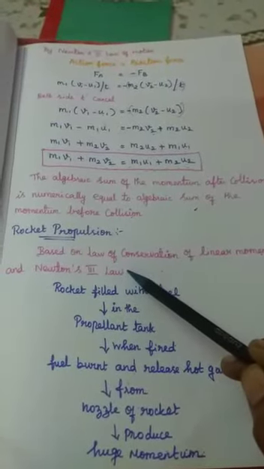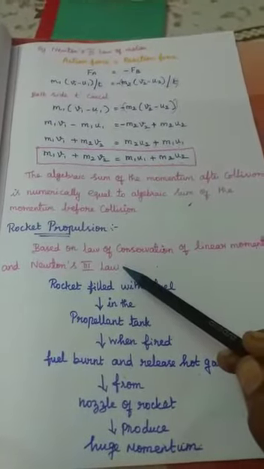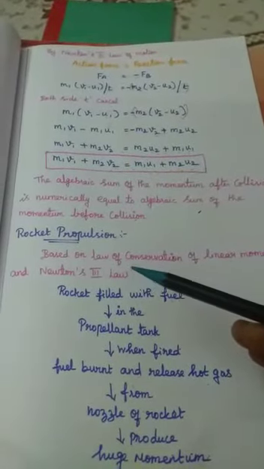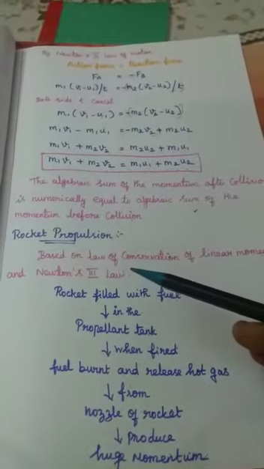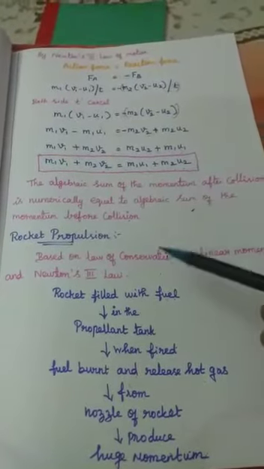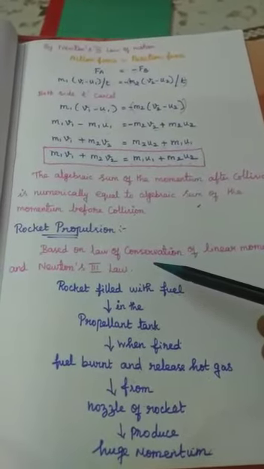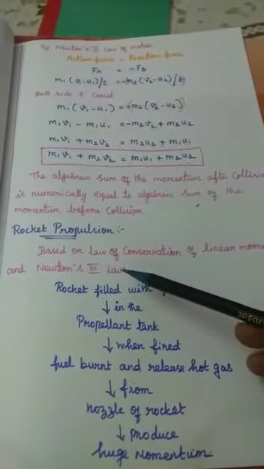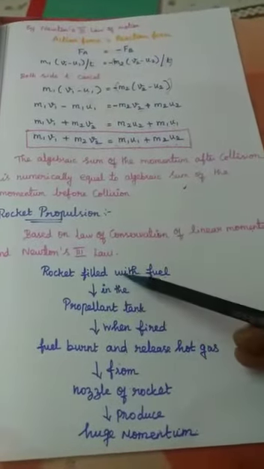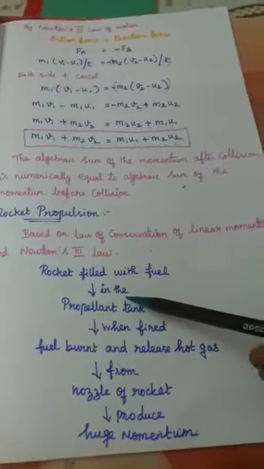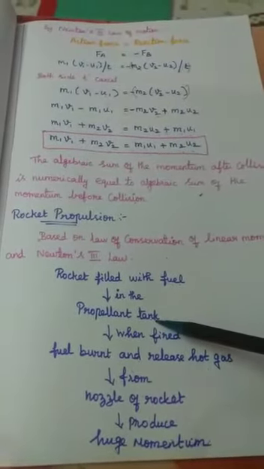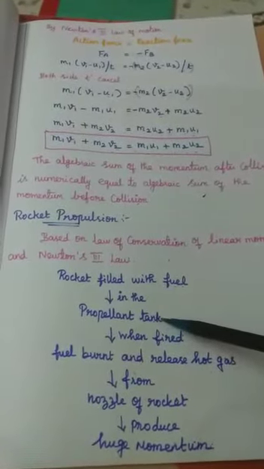We already learned about the parts of a rocket in previous classes. The back side of this rocket is filled with fuel. That fuel tank is known as the propellant tank, and a combustion chamber is there. Now we learn in detail about rocket propulsion. First, the fuel tank, known as the propellant tank, is filled with fuel. Here either liquid or solid fuels are used in the rocket.